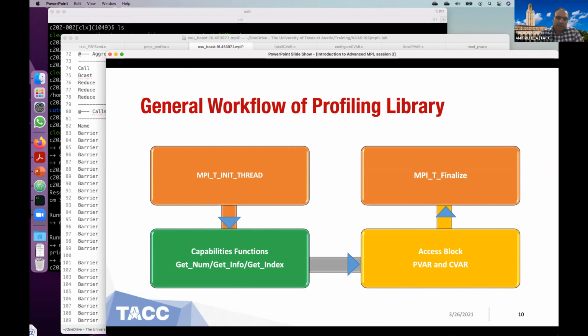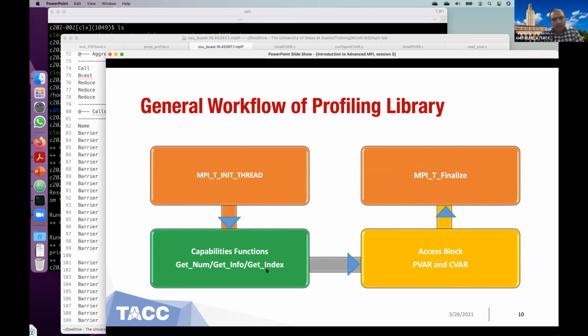These capabilities can be known with the help of the get_num function. It gives you how many PVARs and how many CVARs are supported. Once you know that n PVARs or n CVARs are supported, you can iterate over those numbers to get the meaning of each variable.